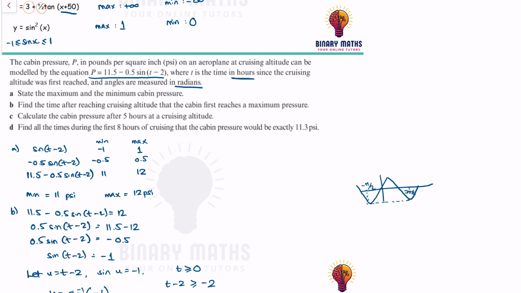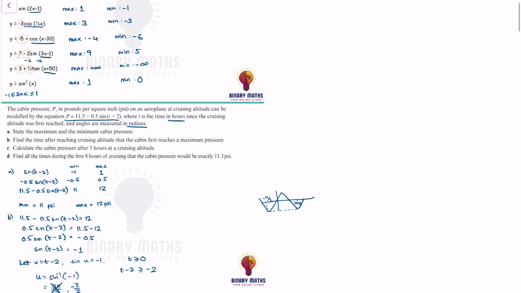Is minus pi over 2 greater than minus 2? Minus pi over 2 is minus 1.5 something. So yes, that is correct. So 3 pi over 2 won't be the first time. Minus pi over 2 will be the first time that it reaches maximum. So u, remember, was t minus 2, which is equal to minus pi over 2. So substitute that for your t. So t will be equal to minus pi over 2 plus 2, which is equal to